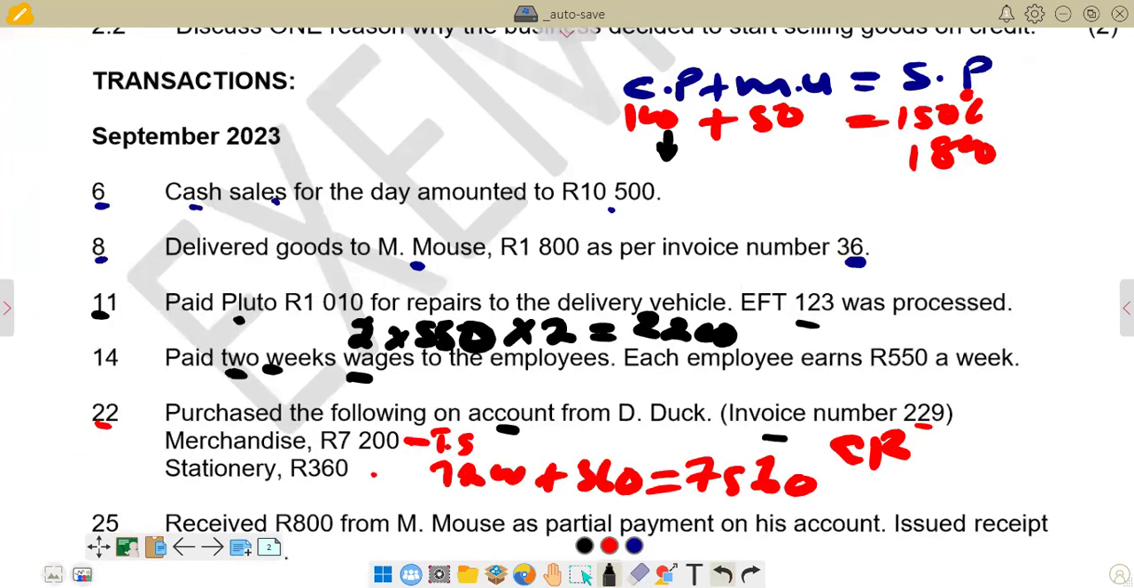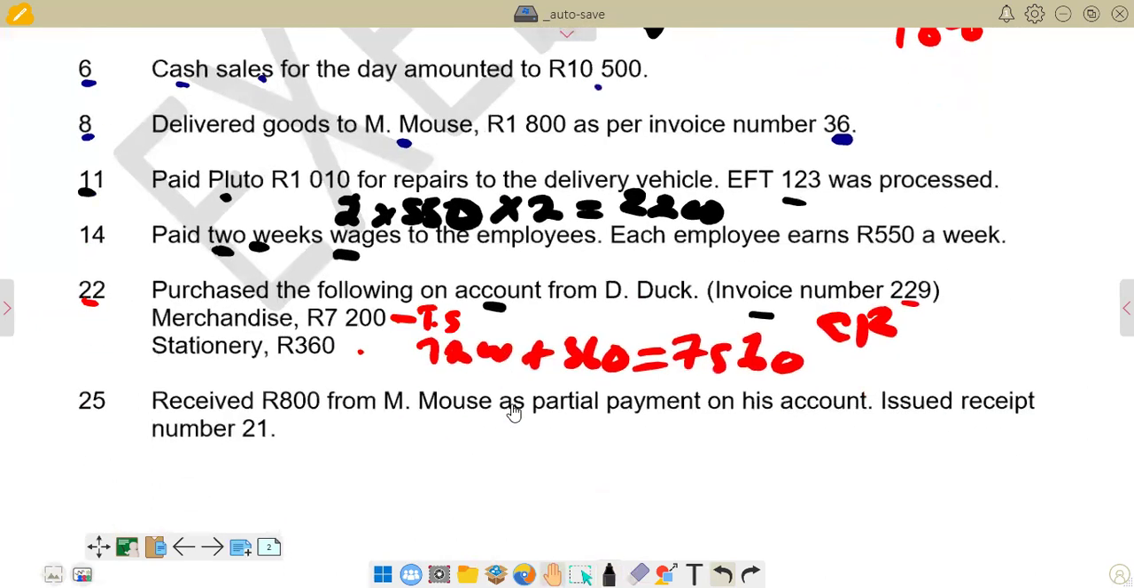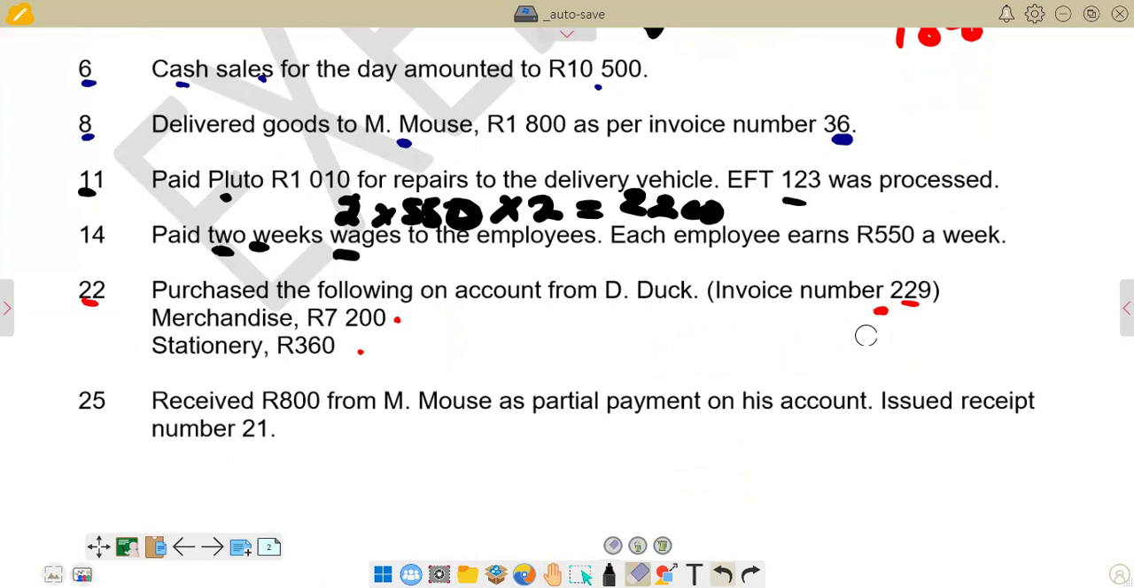We see that we are now on the 25th, that's September 25, which is the last of this page. Let's just see what we take. So our transaction on the page, September. It says there's a partial payment on this account, issued receipt number 21. So we are receiving 800 rand. So what does it mean? It means we are going to say our